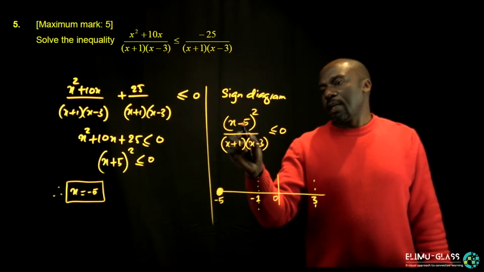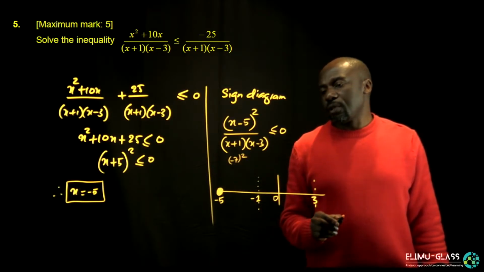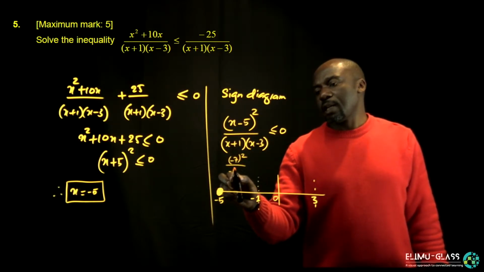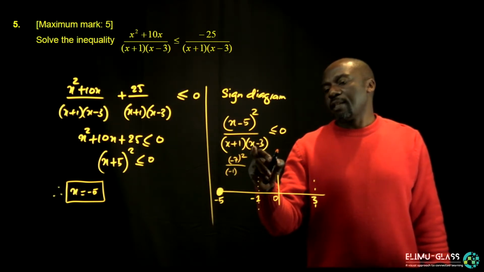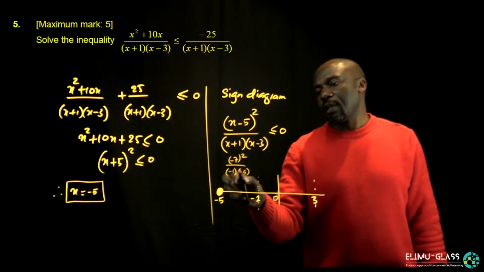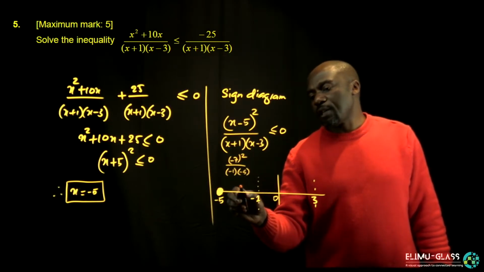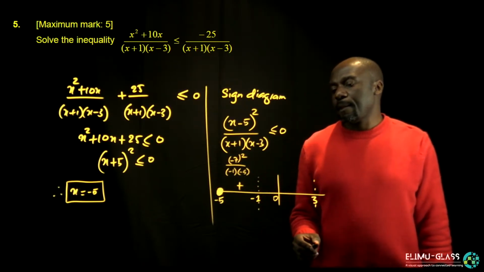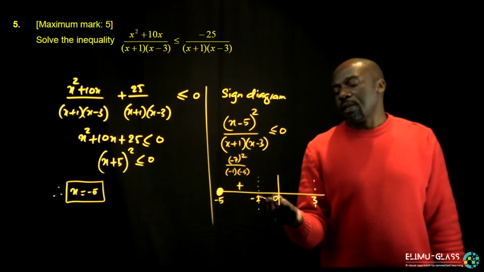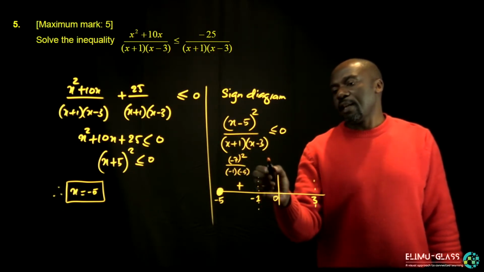We get -2 plus 5 squared, which is positive. The denominator is -2 plus 1, and that is -1, and the other factor is -2 minus 3, which is -5. So clearly the denominator is positive and the numerator is positive, so the function is positive here. Right? Somewhere between -1 and 0, we can use -0.5. So we put -0.5 there, so that becomes